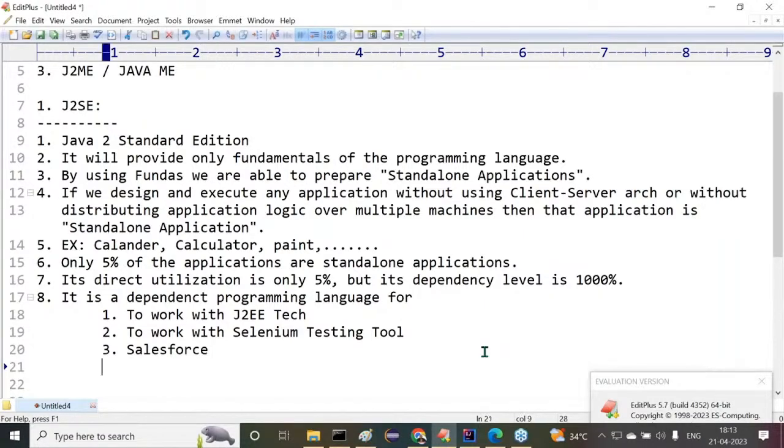Not only that, if you want to work with Hadoop, are you aware of it? Hadoop is big data analysis. If you want to learn Hadoop, again, what is required here? J2SE is required. Or if you want to learn SAP related tools,